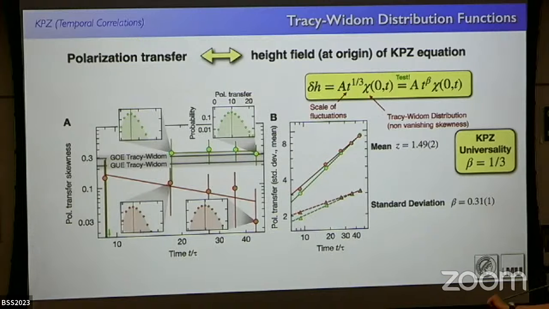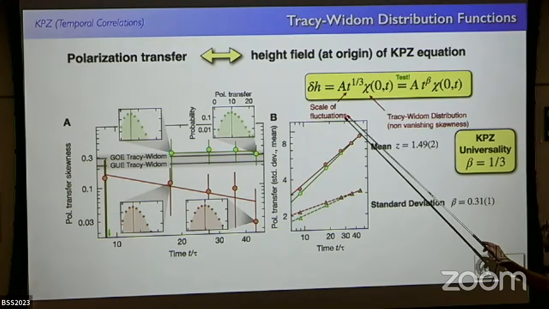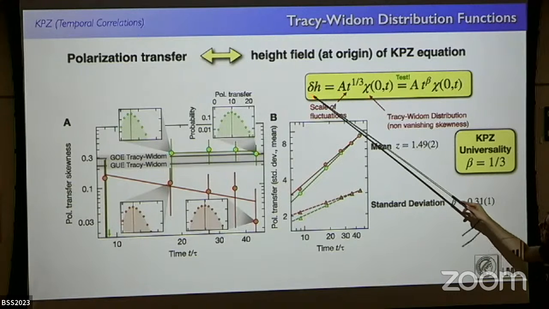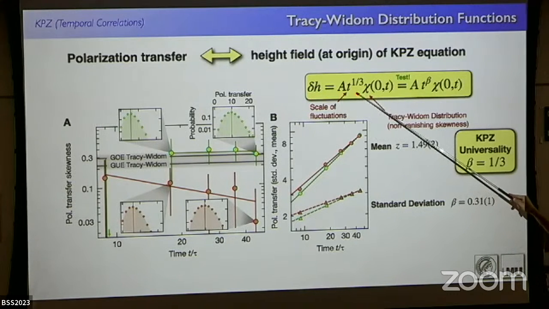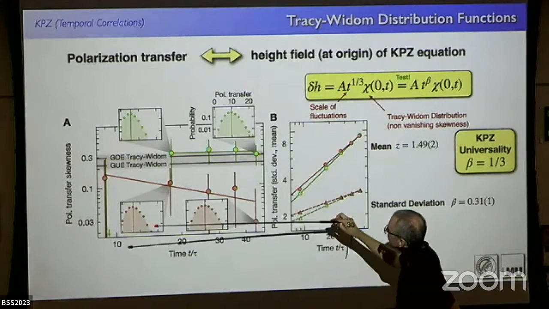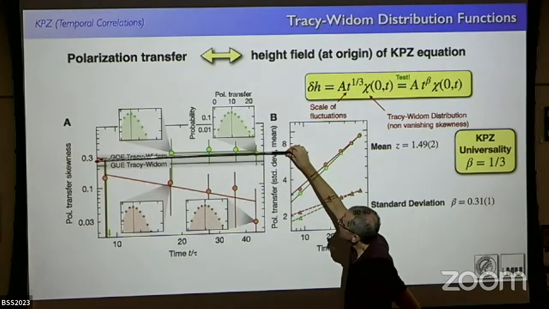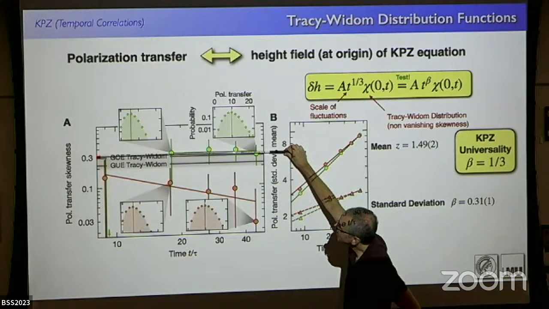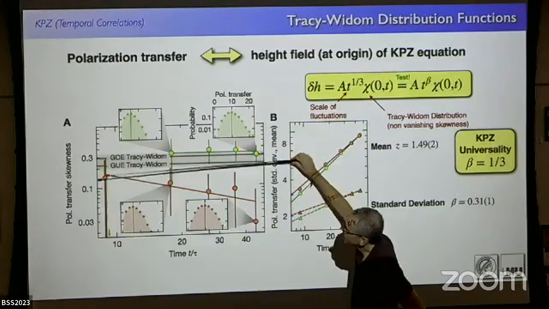We can look not only at the average quantity, we can look at the fluctuations also. If the height field corresponds to the quantum operator of the magnetization, then the fluctuation properties should be the same. Remember, the fluctuation properties of the height field in KPZ should scale like t to the 1/3 and Tracy-Widom, right? If you look at the skewness and the standard deviation in the system, you indeed see that for the 1D system, this has a finite skewness, in reasonable agreement with what one expects for Tracy-Widom distributions,